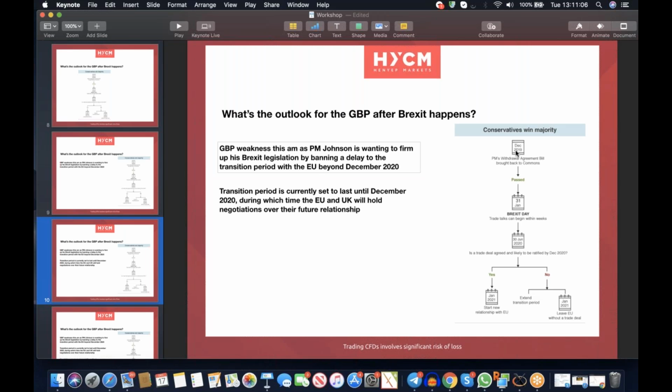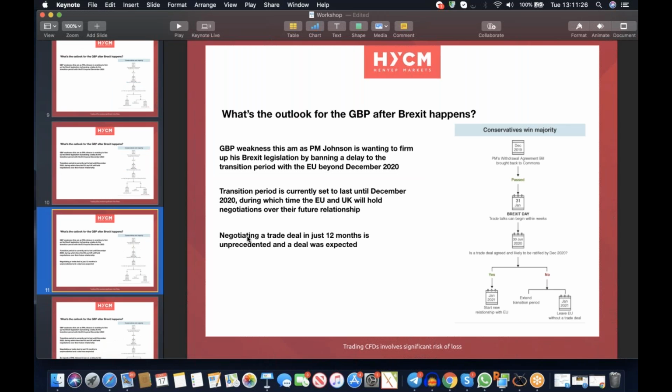Once we get through the Brexit deal being signed, once we get through Article 50 being triggered, then we've still got that possibility of no trade deal. So that's what the market's reacting to today. Remember, the market's always thinking, what's happening next? Okay, always trying to look forward, look ahead, wants to be one step ahead. Right, so that's where we're at.